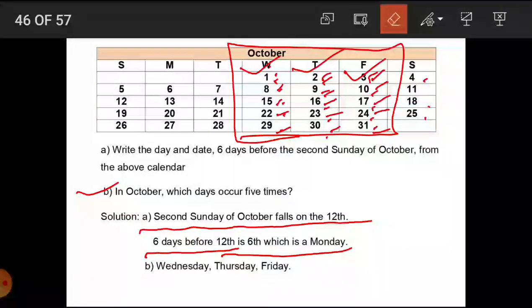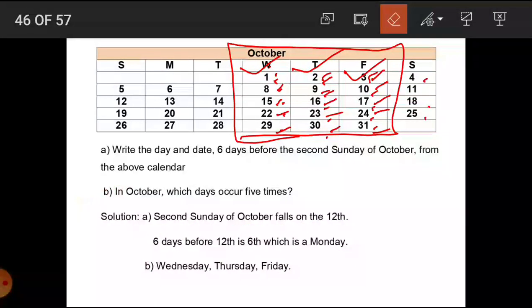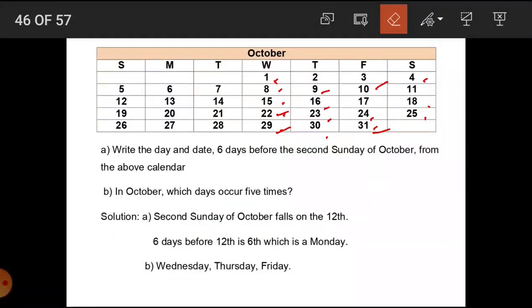Hope everyone has understood. Any doubt? If you have any doubt in tomorrow's lecture, please type the doubt in the chat box, so that after the lecture or in the middle of the lecture when I ask you the question, I'll try to clear your doubts. Yes students, if you have any doubt in tomorrow's very first lecture, type the doubts in the chat box so that it can be cleared.